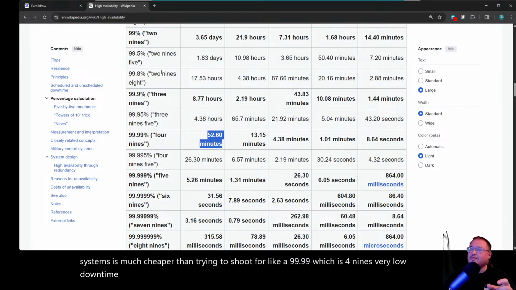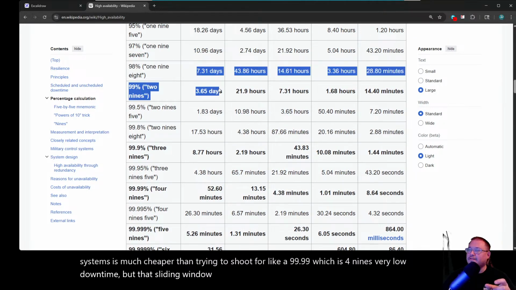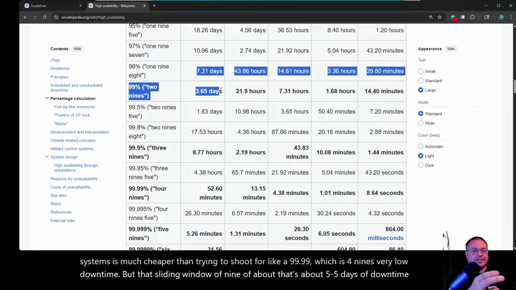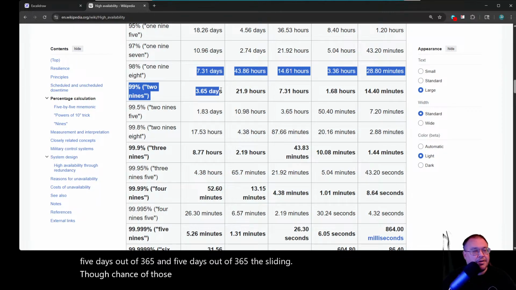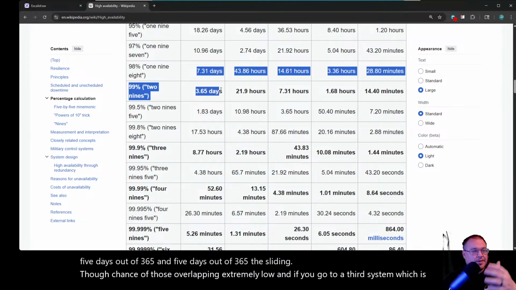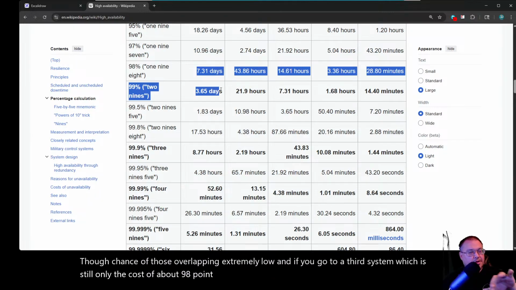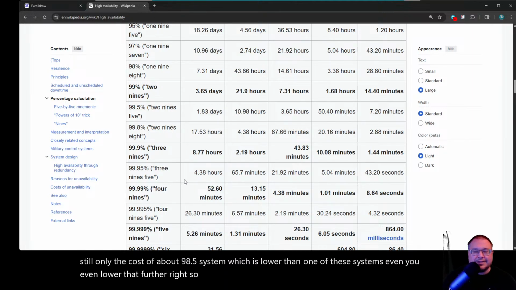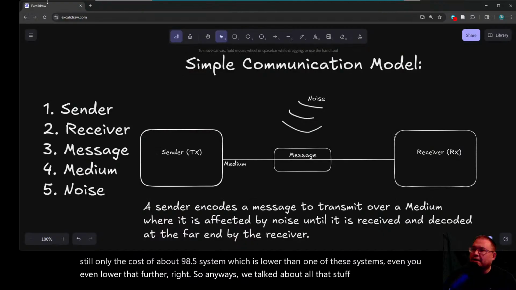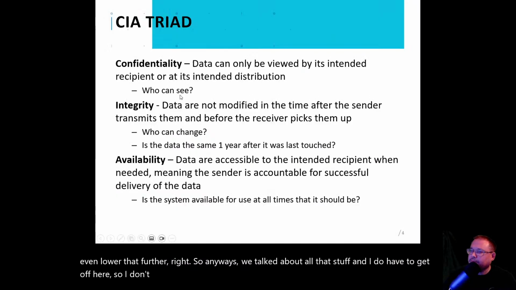That sliding window is about 5 days of downtime, so 5 days out of 365 and 5 days out of 365, the chance of those overlapping is extremely low. And if you go to a third system, which is still only the cost of about a 98.5 system, which is lower than one of these systems even, you lower that further, right? So anyways, we talked about all that stuff, and I do have to get off here, so I don't have too much more to go.